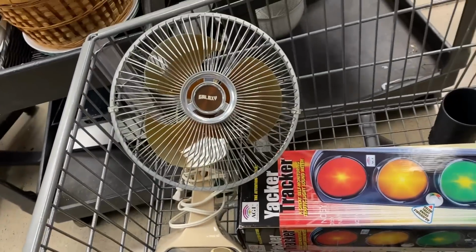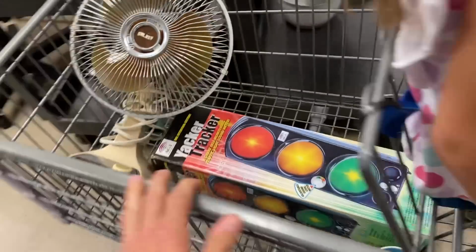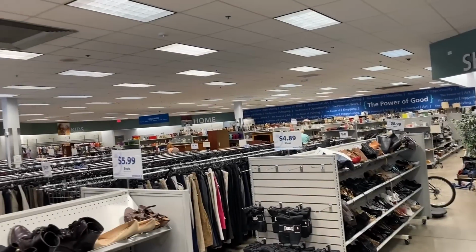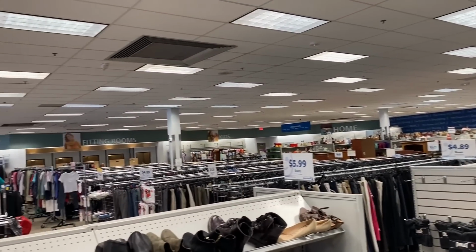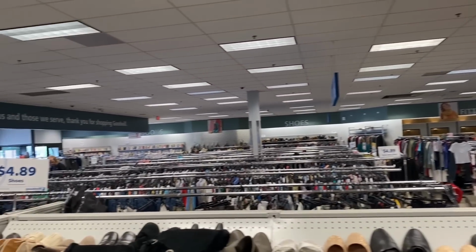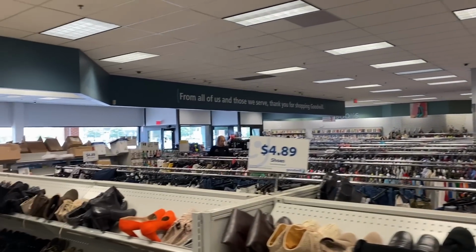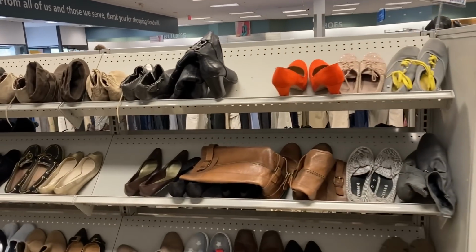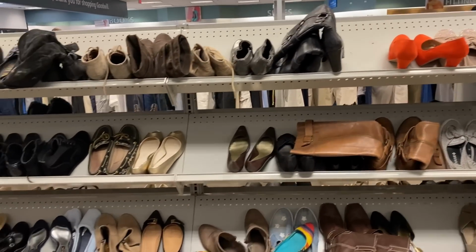So I mean, we're not doing too bad with all of the items in the cart there. I'm pretty satisfied, and this was a very, very fast trip because my youngest one wasn't having it. So I've only spent $11 at this point, but I have just over $250 worth of goods once everything sells. So a good trip, and I'm just going to check the shoes to see if there's anything that catches my eye,